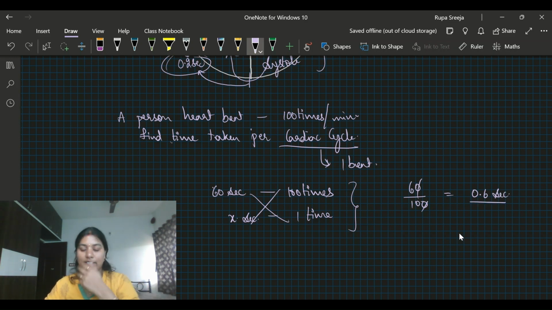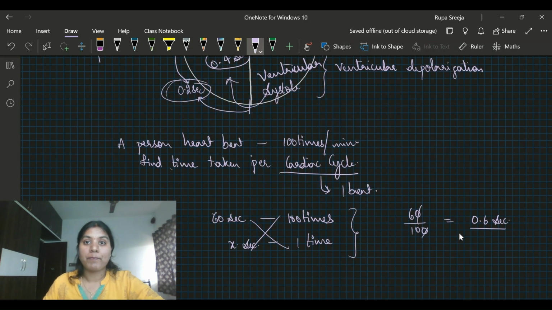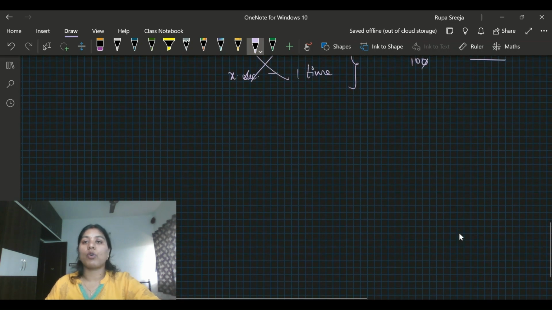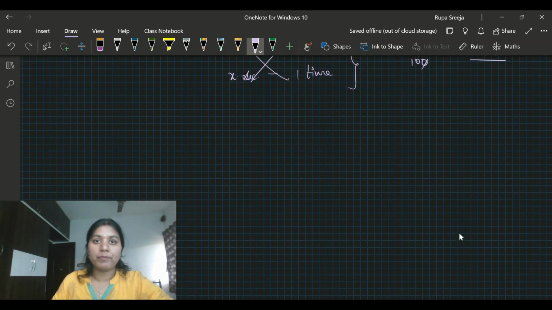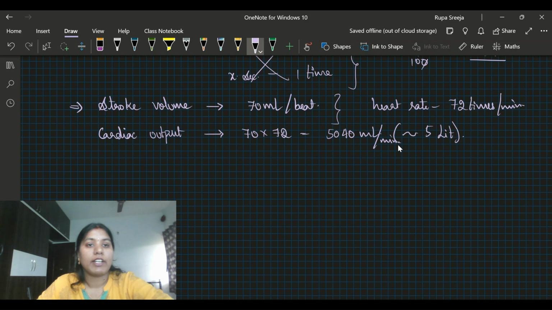Yes, this is easy. Here I'll tell you one more piece of information, where we can find the stroke volume and the cardiac output also. How do we define them? The amount of blood that is pumped out by the heart per minute is cardiac output. Whereas stroke volume is the amount of blood that is pumped out by the heart per beat. Please be careful with these terms.